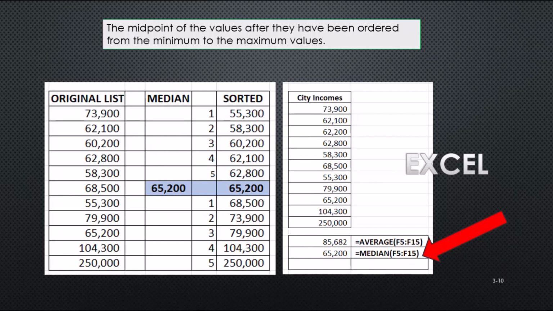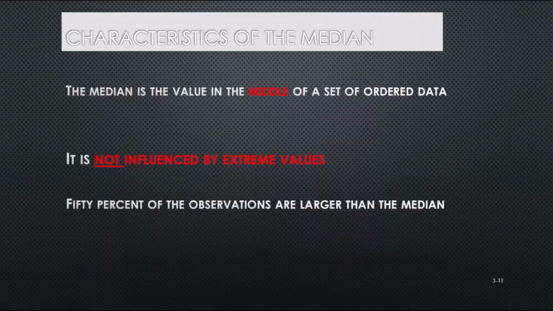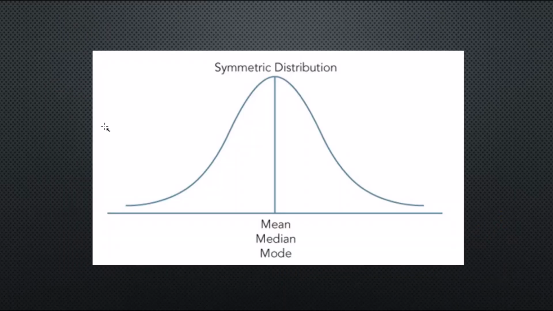Now, the last measure of central tendency that we're going to talk about is the mode. And the mode is the most frequent, the most highly frequent number. So this is all numbers underneath this curve, and some numbers occur more than others. Sometimes they're only once, and sometimes you could have more than one number.